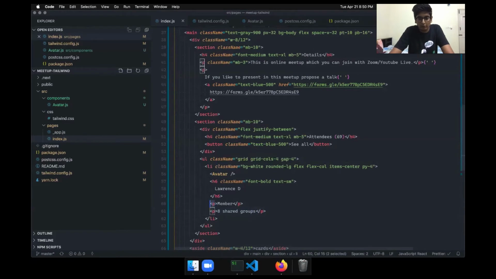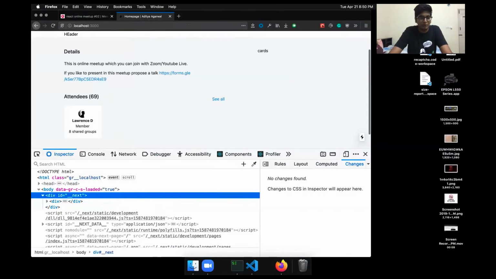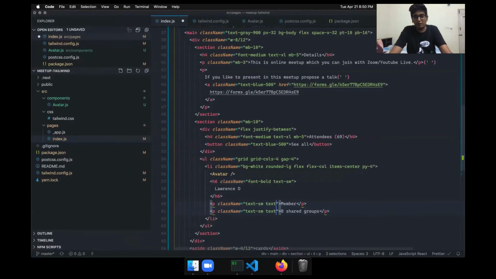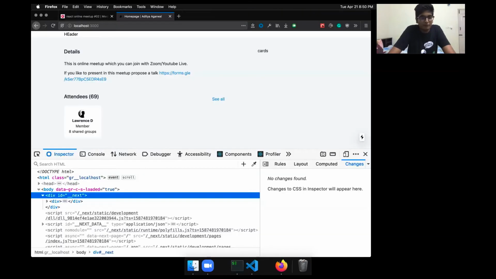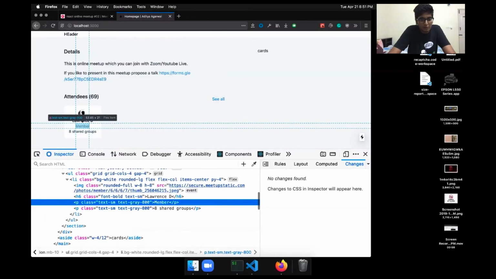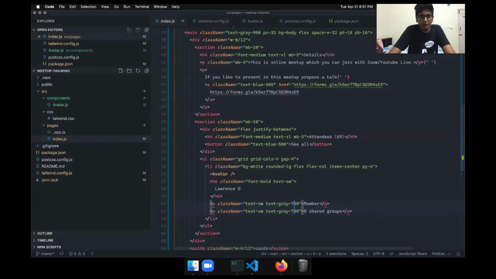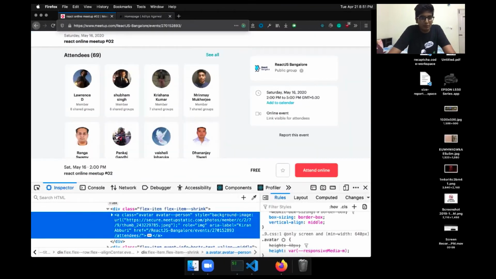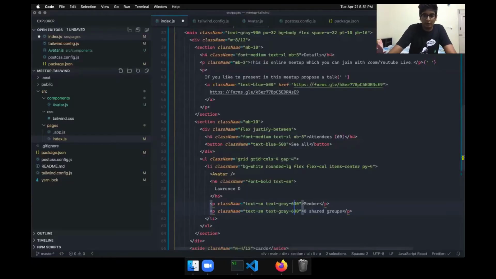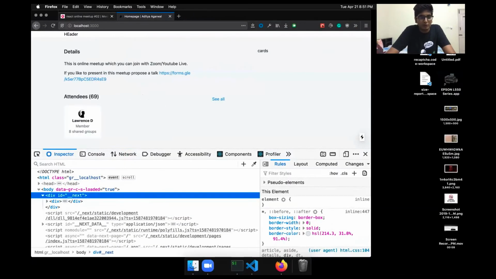Cool. Now we want to style those. So obviously the paragraph can't have more height or more size than the heading. So if we did text SM for that, let's do text SM for this one also. And the color should be a little lighter. By default the text gray, I think it is like text black only. So we can do 800 here. Okay, rules text gray 800. So no, we will need a lighter shade. So 700. I think one more lighter shade. So 600. Cool, this looks nice.